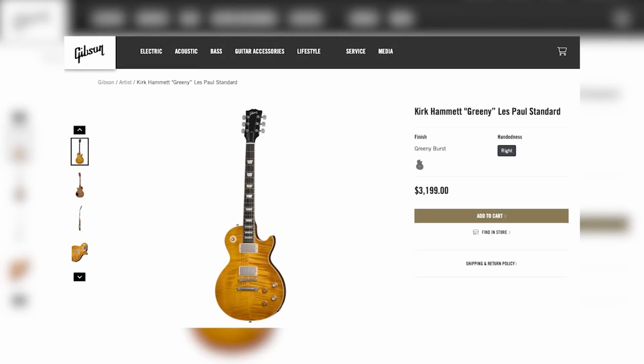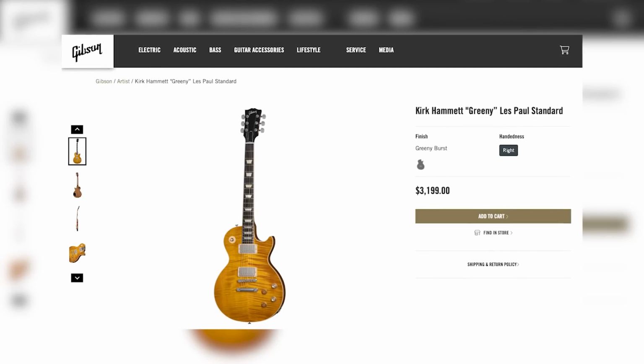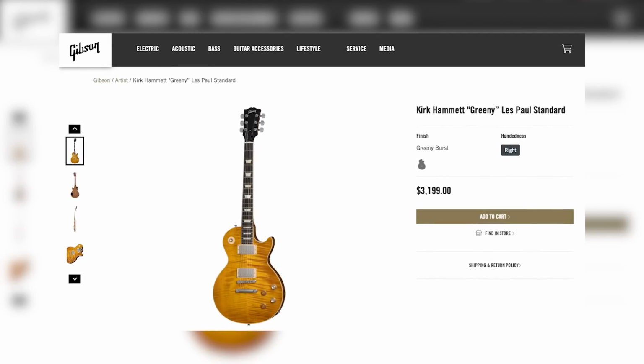Anyways, here's where I'll throw it to you. Another Kirk Hammett Murphy Lab signature. Your thoughts? And actually, Hunter from the future here, I've been knocked out so long with illness that